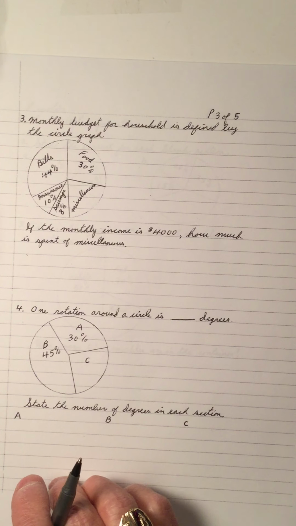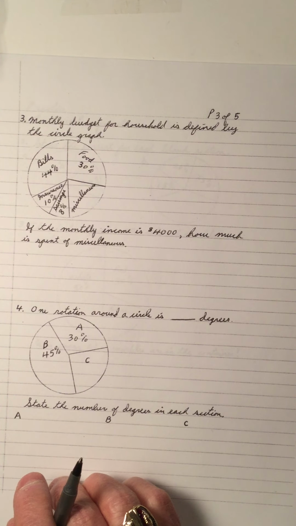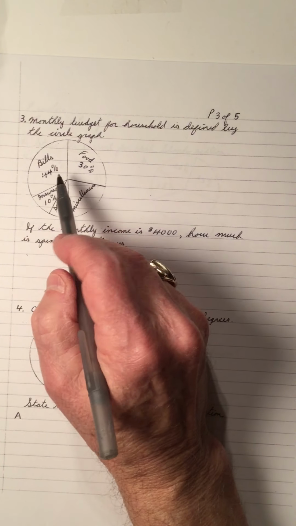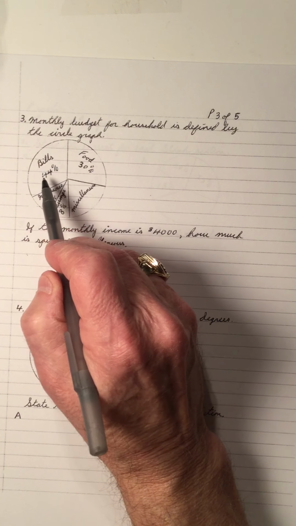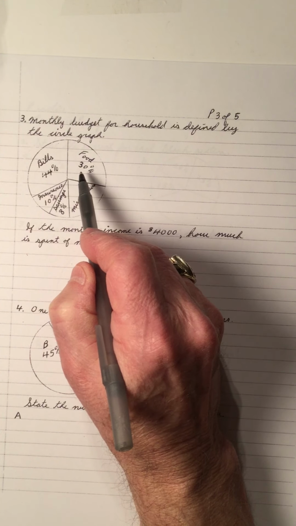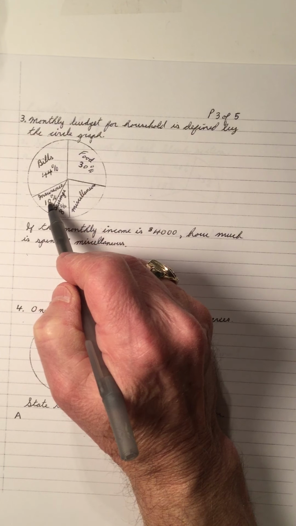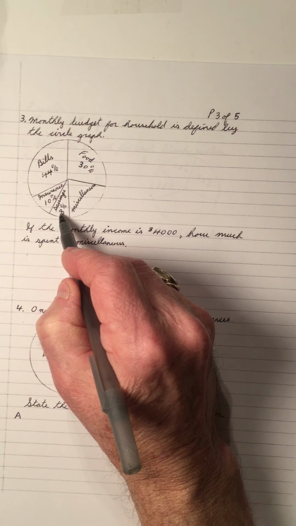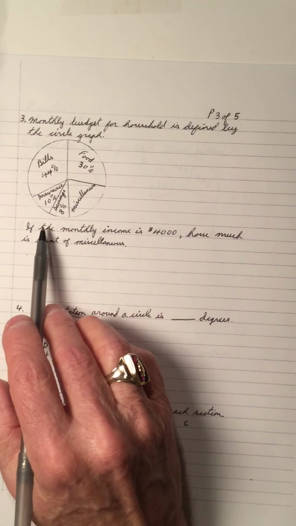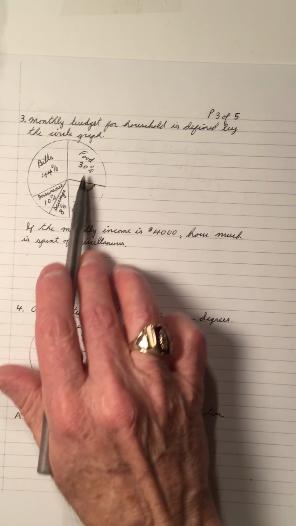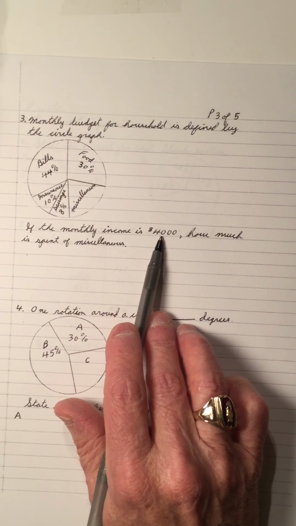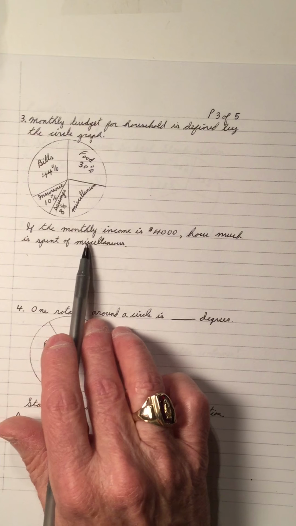Number 3, monthly budgets for a household is defined by a circle graph listed here. The bills for the household is 44. The food is 30%. The insurance is 10%. The savings is 8%. And we have miscellaneous. So, if that's the circle that represents the budget, if a monthly income is $4,000, how much is spent on